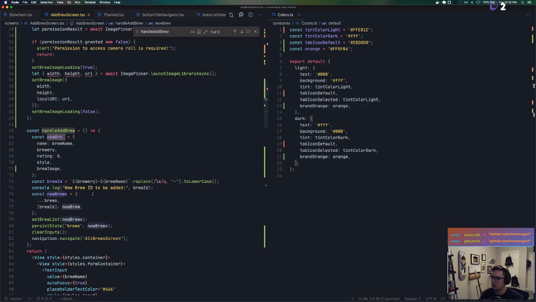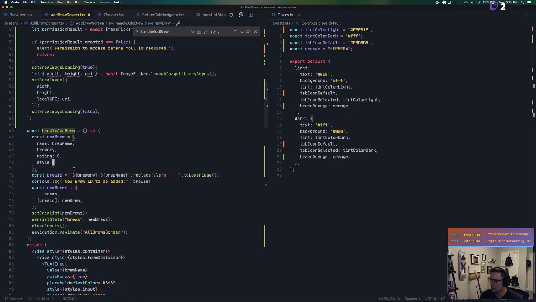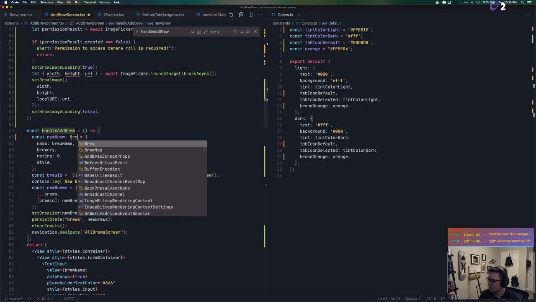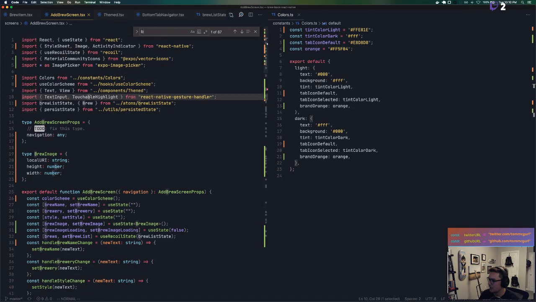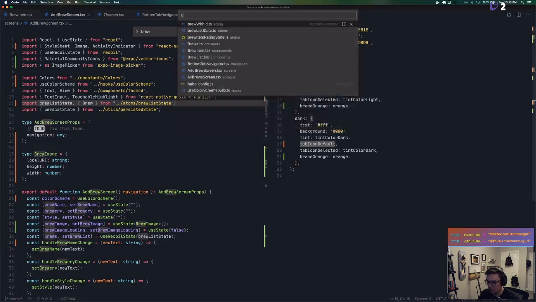What we'll want to say is that this new brew is of type brew to make sure we're getting type safety. Because you see right now I changed that, we're not getting the safety. So let's see if we can get that to work first. If we specify that new brew is of type brew, it auto imports it for me. So if we look at where it did that, import brew from brew list state. If I pull up brew list state,